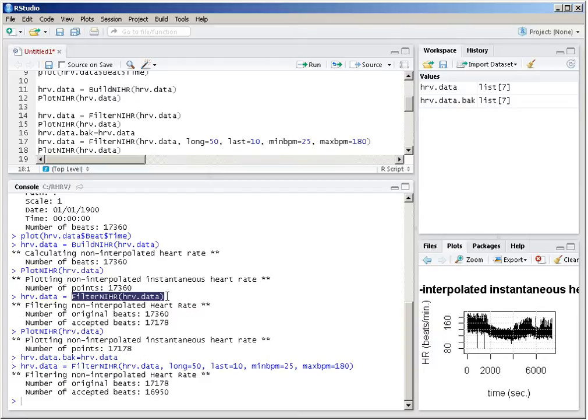For example, we have used RHRV to analyze rat electrocardiograms. The rats, when they are at rest, their heart is usually beating between 250 and 350 beats per minute. Therefore, its frequency is much higher. We could not use these thresholds. We needed to change these thresholds. So we have filtered again the heart rate using different values in the filter